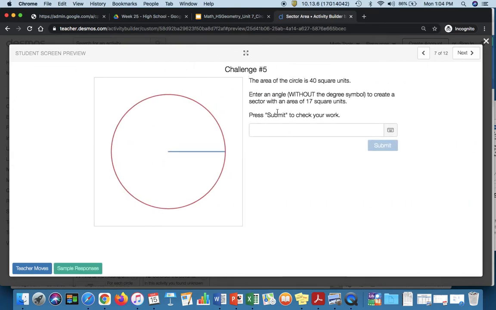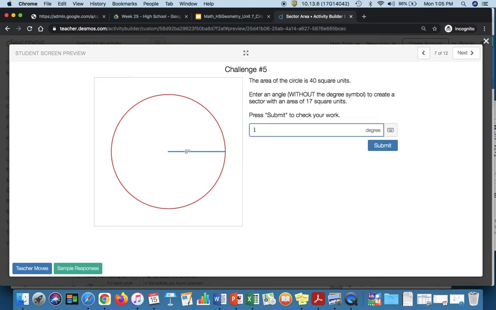So here's where things get interesting in the 5th challenge. And it all starts coming together slowly. Students are told that the area of the circle is 40 square units, and for an angle, they're asked to answer an angle without the degree symbol to create a sector with an area of 17 square units. So again, the beauty of having the Desmos calculator,